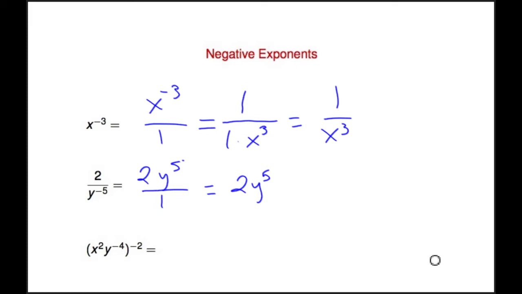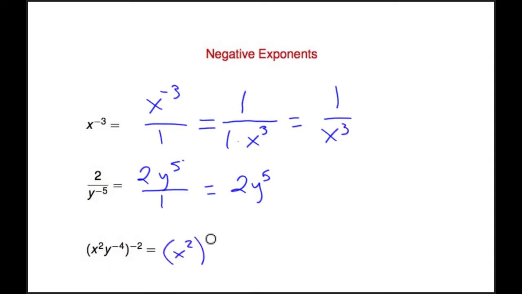Okay, so let's look at this next example where we're going to mix some skills that we've learned before combined with negative exponents. Okay, so here we have x squared times y to the negative 4th, and all of that is being raised to the negative 2. Okay, so we dealt with how to deal with this exponent on the outside here when you have a sort of complicated base, and that is this exponent applies to everything in here. So this is going to be